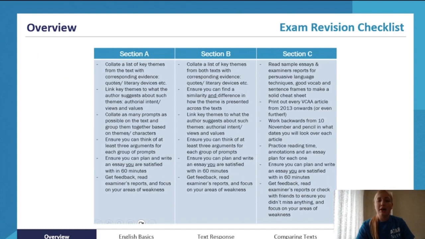Beautiful. So, this is an exam revision checklist for you guys of all of the things you could be doing to prepare for each section. Section A and B, because it's based on text, is very similar advice that I have for you guys. So, make lists of key themes from your text with corresponding evidence, meaning quotes. So, you want to have themes, structural devices section. You want to have a characters section and have quotes and mini dot point analysis underneath each and every section. Link to views and values messages and authorial intent messages. Have those note pointed as well in your summary notes.